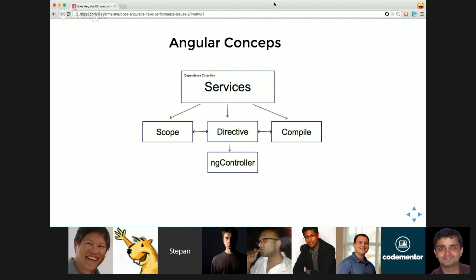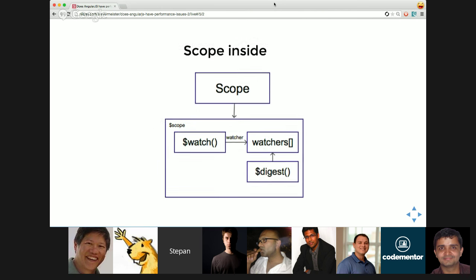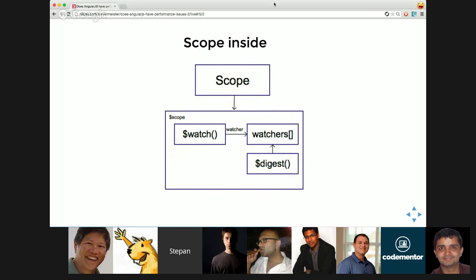So we are going to look into the scope service in detail. The scope service can create a scope instance. As you probably know, each controller, if you're speaking about ngController, has its own scope instance. A directive, if it has its own scope, also has it. And inside each scope instance,